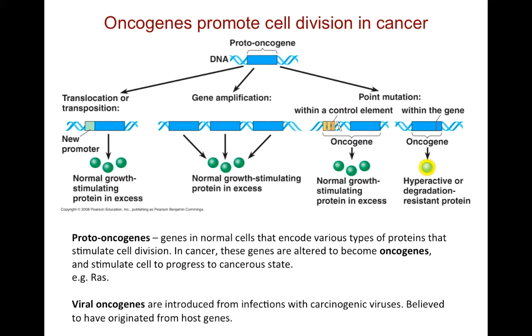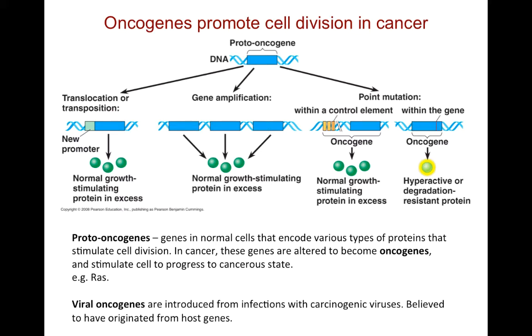As the name suggests, oncogenes are involved in cancer in many cases. In normal cells, we have proto-oncogenes, and these encode proteins that normally stimulate cell division when it's necessary and appropriate. In cancer, such genes may be altered, and in this state they become oncogenes, and this figure shows some of the different ways in which that can happen. There are several that are well known and associated with human cancers, including one called RAS.